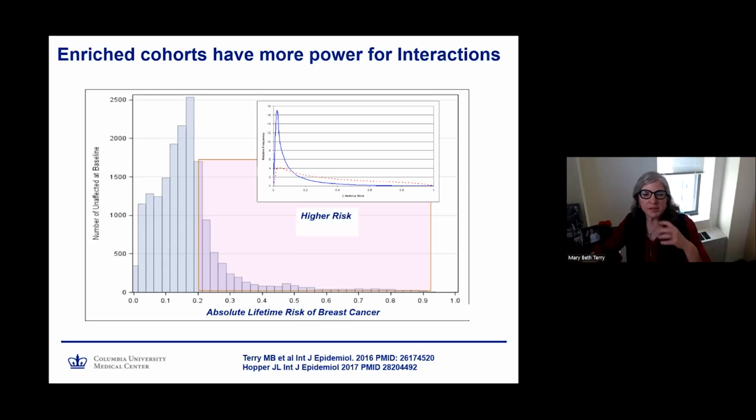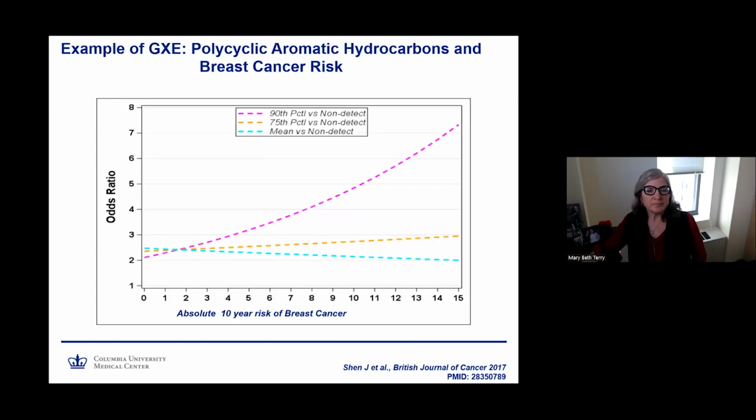But a family cohort also has a sufficient number of people who are at average risk as well, so that there's sufficient power here represented in blue. The variation in absolute risk is much different in average risk cohorts represented here in blue compared to enriched cohorts. And as a result, average risk cohorts will be underpowered to detect gene environment based on germline genomics. Enriched cohorts not only offer more power for gene environment interactions, but have much larger range of absolute risk based on germline genetics. They also may be able to detect stronger signals from common ubiquitous environmental exposures.